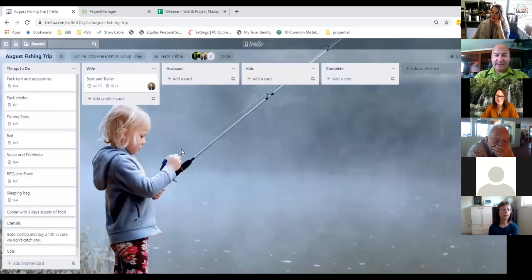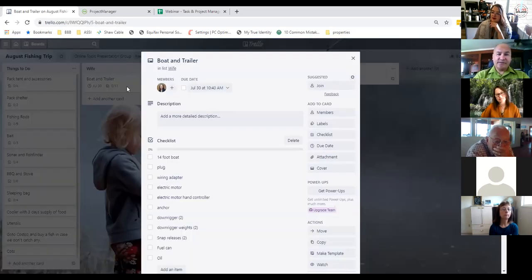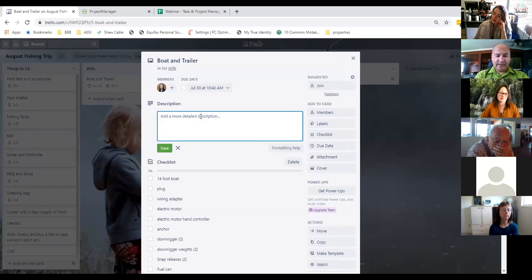Happy days. Now, when Donna's doing it, she pulls it into here, so I can see she's physically doing it. Now, when she's been assigned this, and because it's a live system, I get notifications every time a card gets moved, okay? Because I'm the administrator. So Donna would come into here, and then she'd type under descriptions, are you crazy? Okay, and then save it.